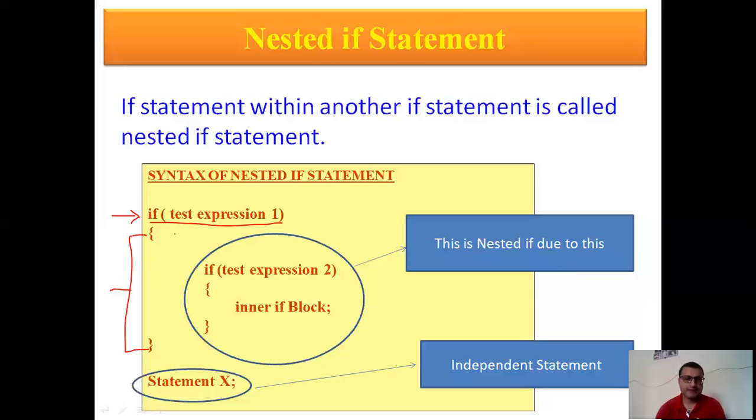Now inside this block, I have used another if. Here you can see this is the inner if, or another if, right? This is the block of inner if. So this is block 1, this is block 2. Block 1 belongs to the outer if or main if, you can call it, and this block 2 belongs to the inner if. So we have used an if statement inside another if statement, so that is nesting, right?